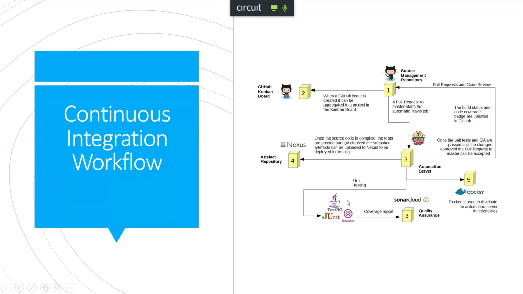The quality assurance in Sonar Cloud is done, and actually a Docker image is uploaded to the Docker Hub. Again, everything is going back to the GitHub because it's integrated into the master branch. Okay, this is the process of integrating new things. As you can see, everything is more or less closed, and once you get used to the workflow,